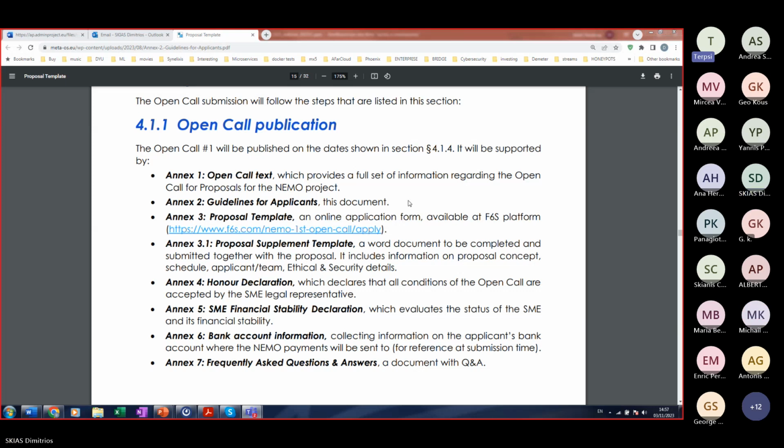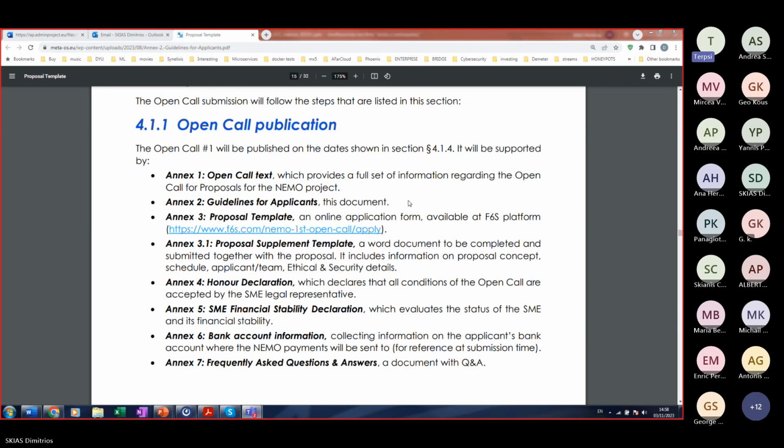Because it could, of course, be the case that some applications have not been started as of now. But while the proposal editing is in progress, several questions may arise.